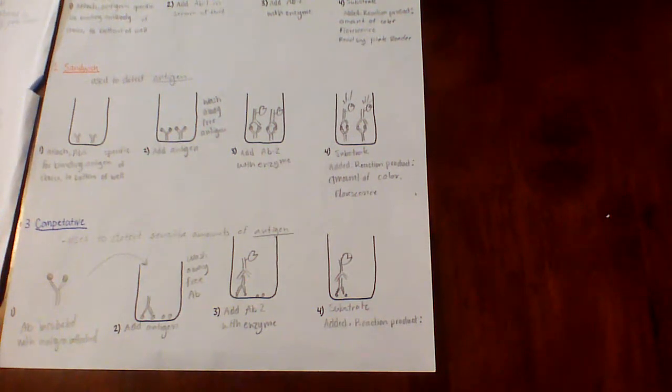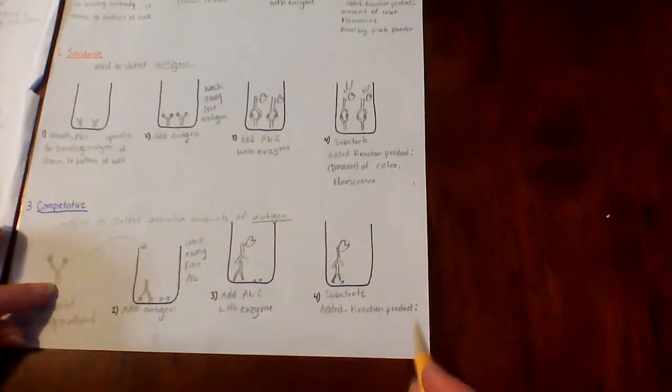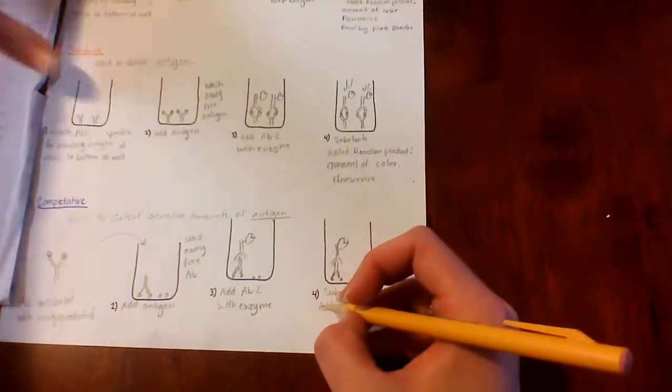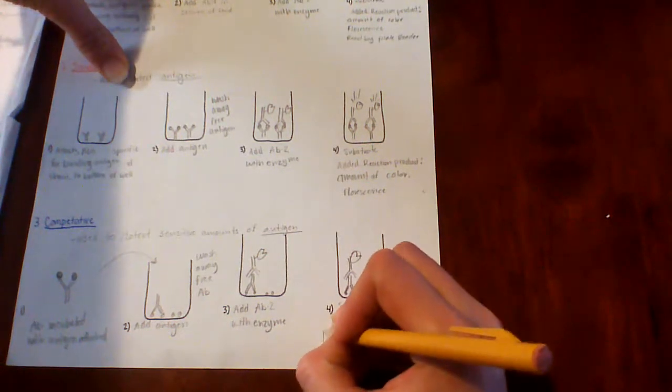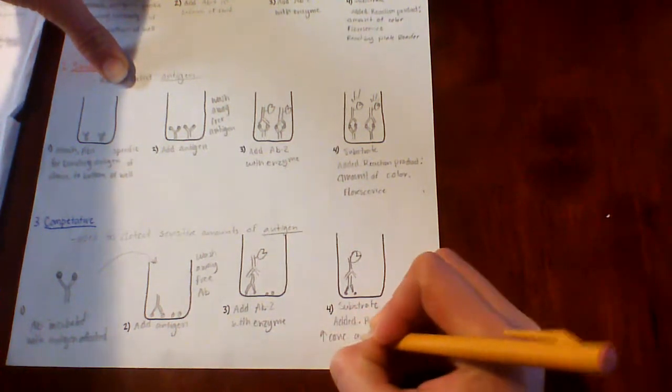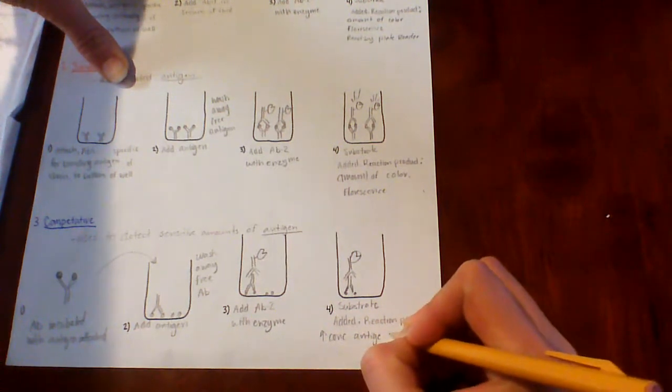The amount of color produced is inversely proportional to the amount of antigen in step 1. So if there's more antigen in step 1, that means there's less color, less fluorescence, there's less of a signal given off at the end of step 4 here. So it's inversely proportional to the amount of antigen in step 1. So high concentration antigen in step 1